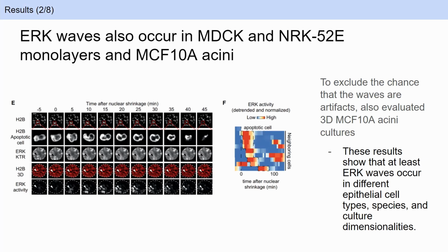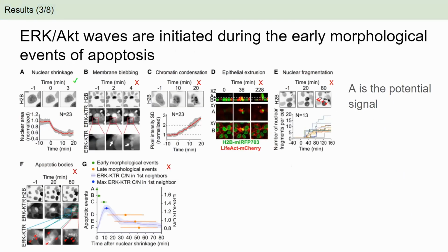From 3D, we can detect it, and it also spreads to the surrounding neighboring cells in the same manner. So all these results show that at least this ERK wave occurs in different epithelial cell types, species, or culture dimensionalities. Next, they want to detect what kind of early morphological event of apoptosis is able to